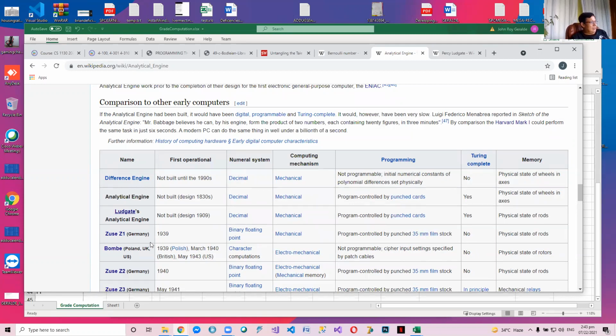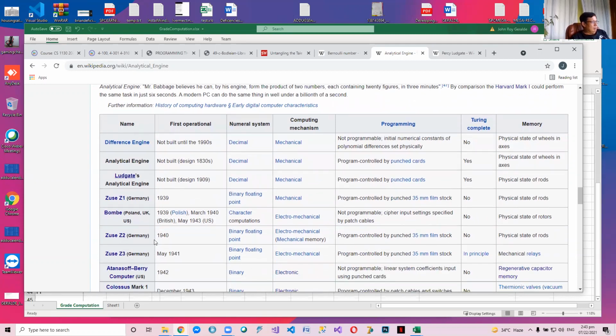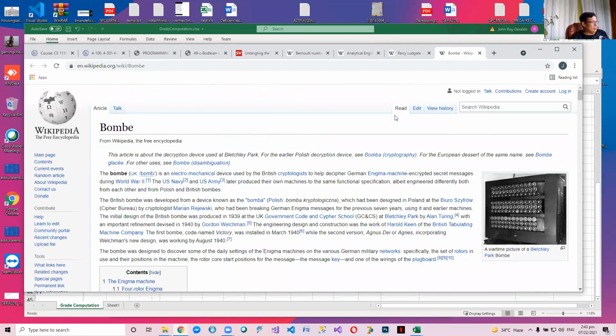And the memory used is state of rods. Okay? And then, during the advent of the Second World War, the Polish invented the bomb with an E, after the inventor. It was called bomba, because it is used to